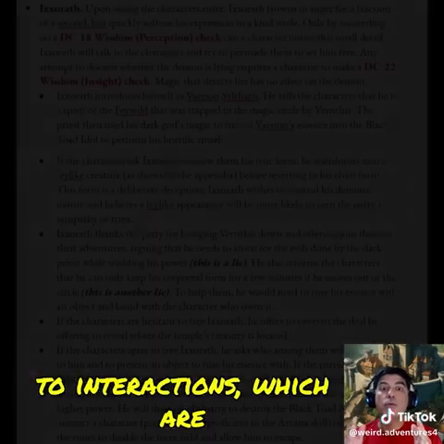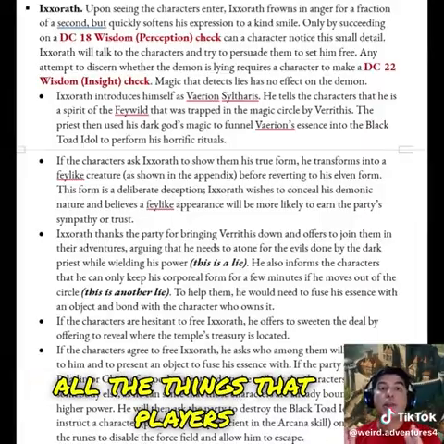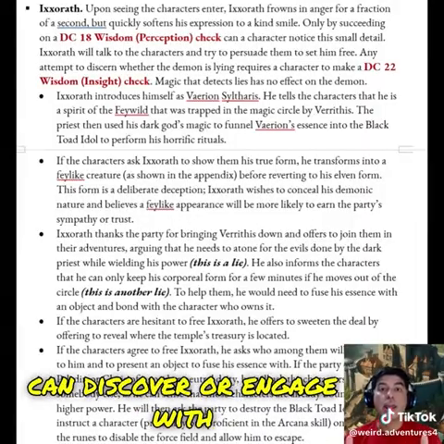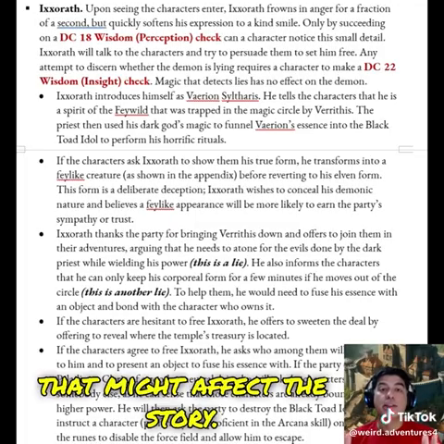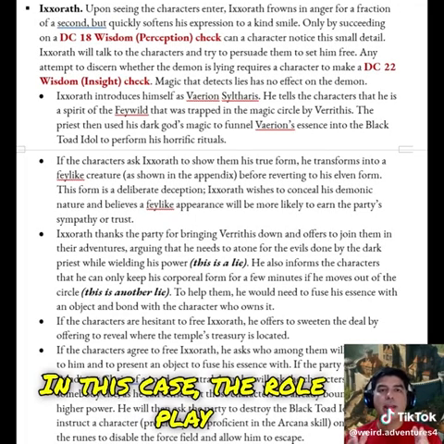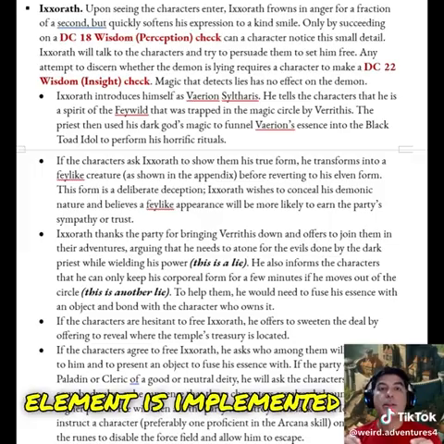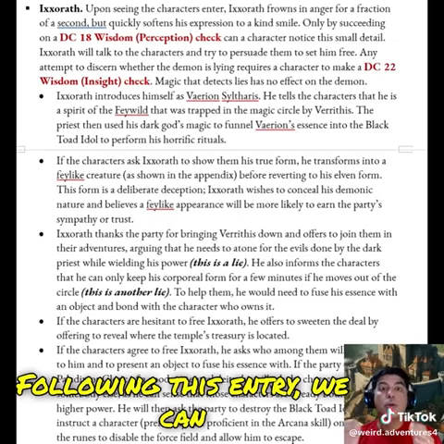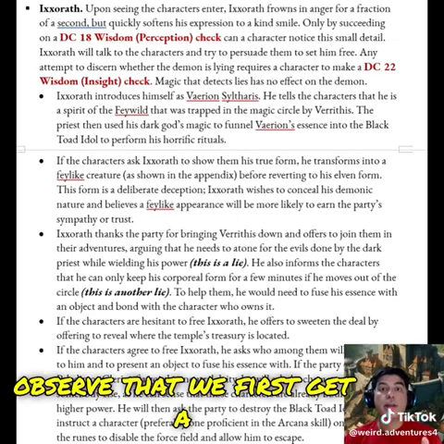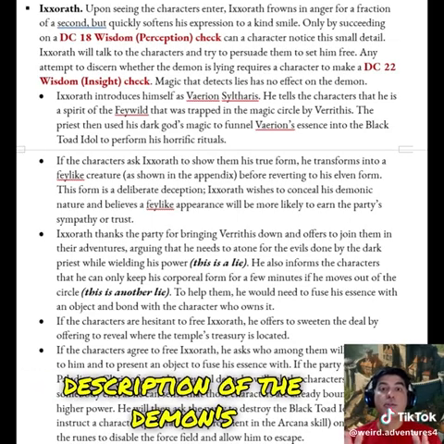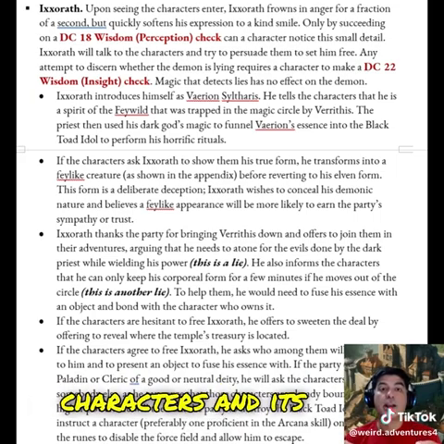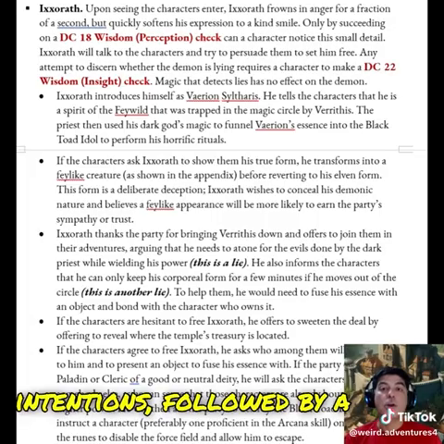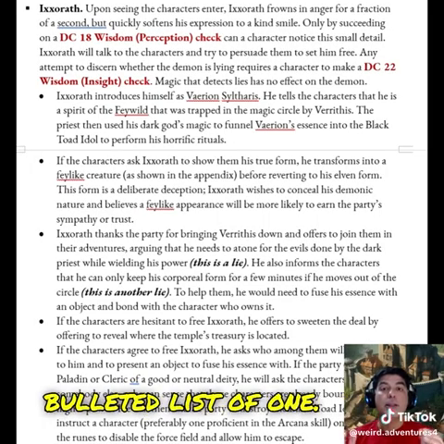We then move to interactions, which are all the things that players can discover or engage with that might affect the story. In this case, the roleplay element is implemented through the interaction labeled Ixorath. Following this entry, we can observe that we first get a description of the demon's initial reaction to the characters and its intentions, followed by a bulleted list of